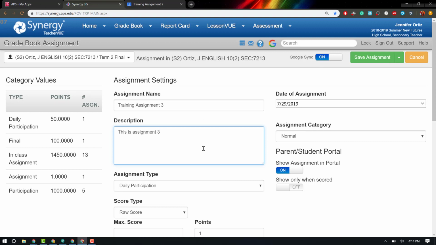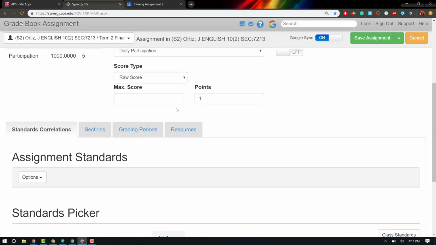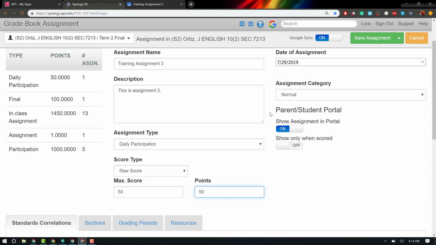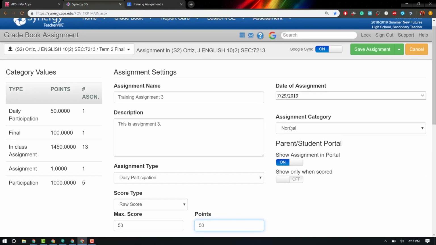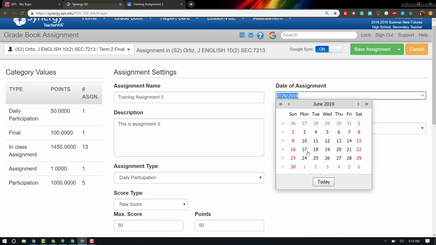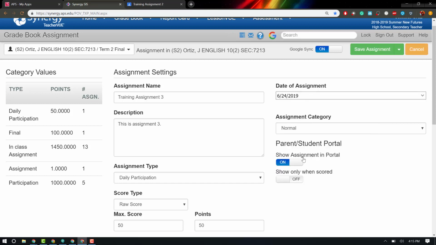We're calling this assignment 3. I can add a max score. Again, I could change the score type if I wanted to. I'm not going to. I'm going to go ahead and change max score and points here. In the upper right, I'm going to change the due date of the assignment. And you'll notice the Google Sync toggle up there is still there. I could turn off the sync, disable it if I needed to, but I'm going to go ahead and click